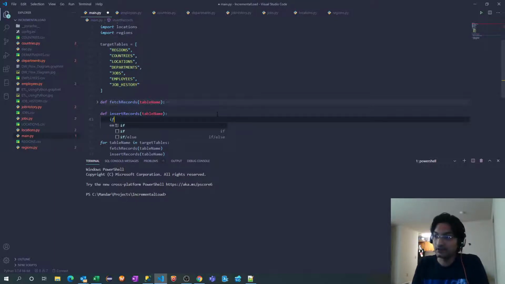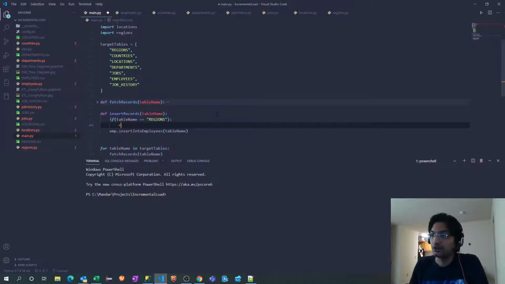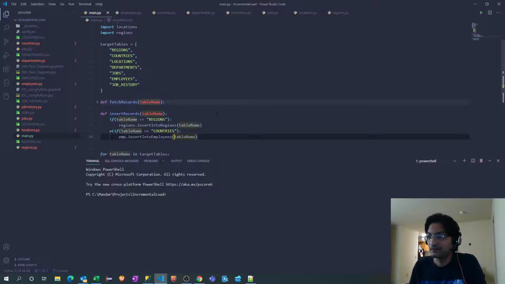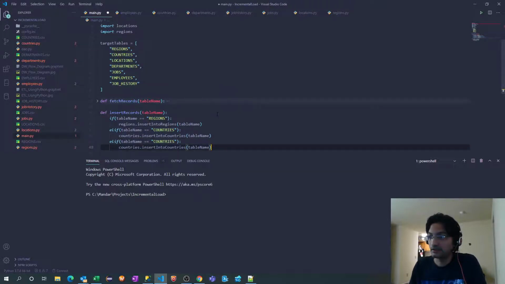What I mean is, let's check the table name value. If table name value equals regions, then you call regions.insert, and then you pass the table name. Else if, I will copy the same condition, but instead of regions, it is countries. Then you call countries.insert into countries table name. I will just copy paste.